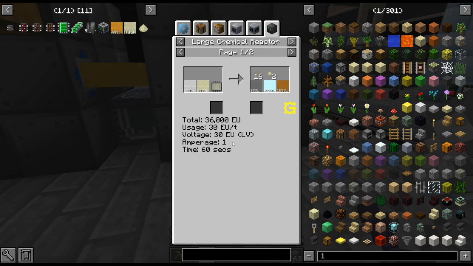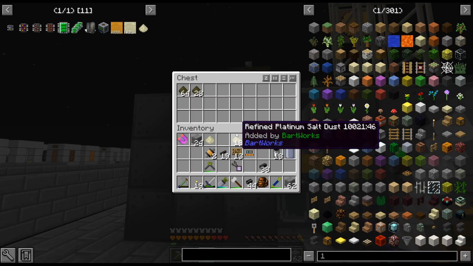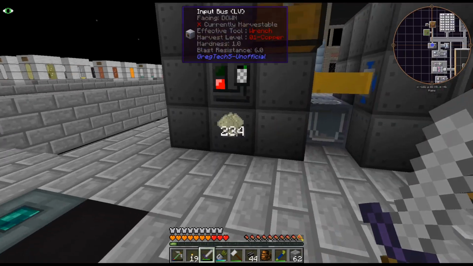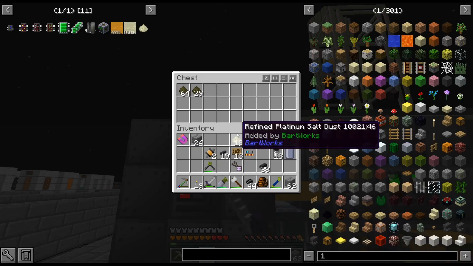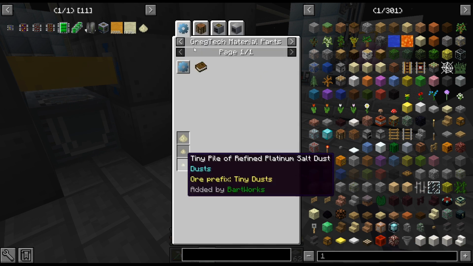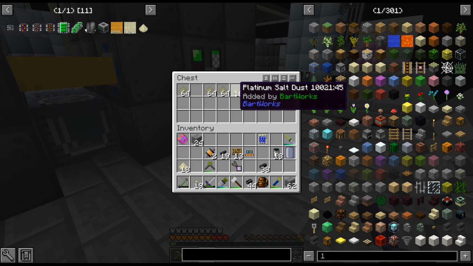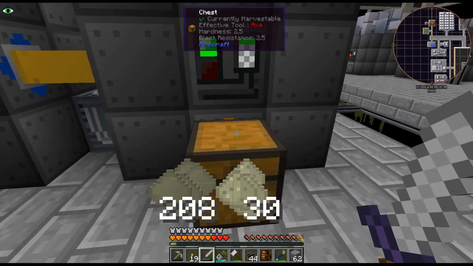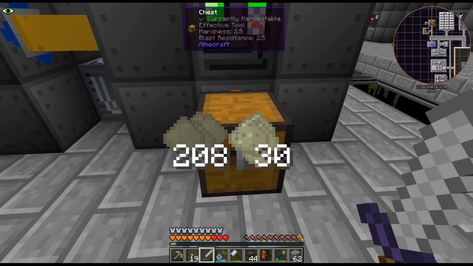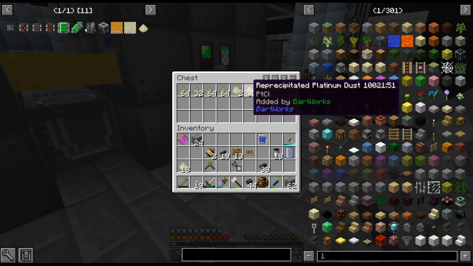Now, yeah. We have our items here. And I got to figure out what I want to do with this. Right, the refined, actually, I'll take that out. The refined is going through the sifter. So the salt goes into the sifter. Basically, I need to split this up. This output here needs to go into a sifter. And this reciprocated platinum dust needs to go...